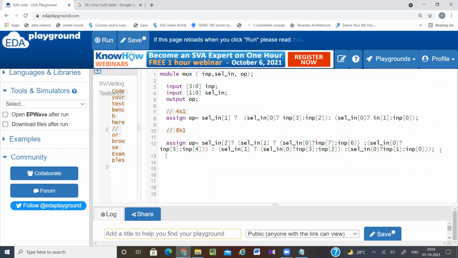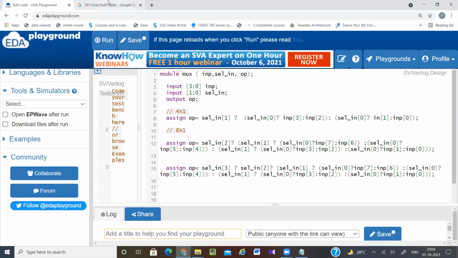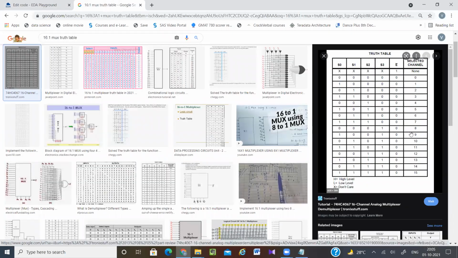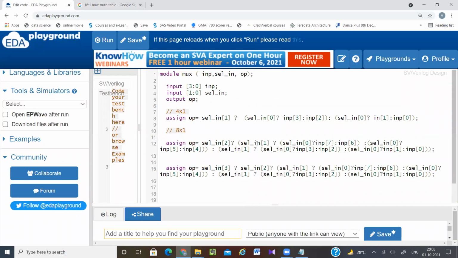So you can practice in rough copy so that you will know the things. So assign output equal to select in of 3. If it is true, you can see this 8-bit, it is like 8 cross 1 mux with one extra bit S31 and S30. And here output also I have to change like I15, I14, I13, I12 like this. So same thing will be there.